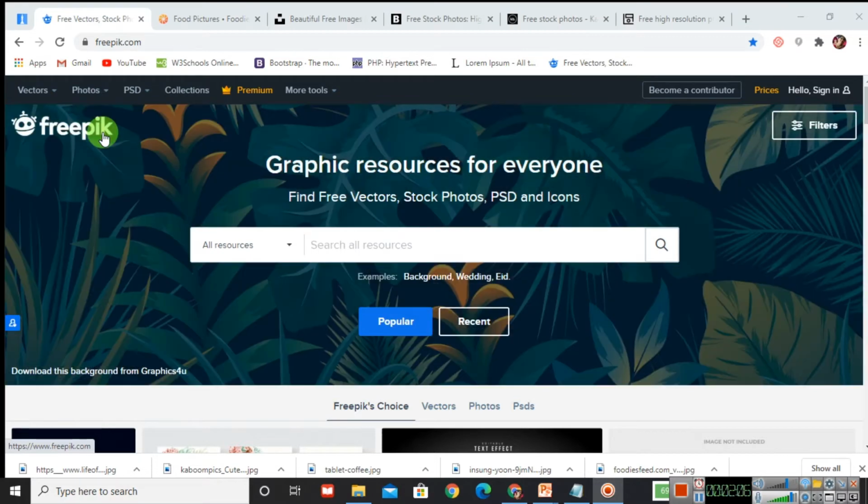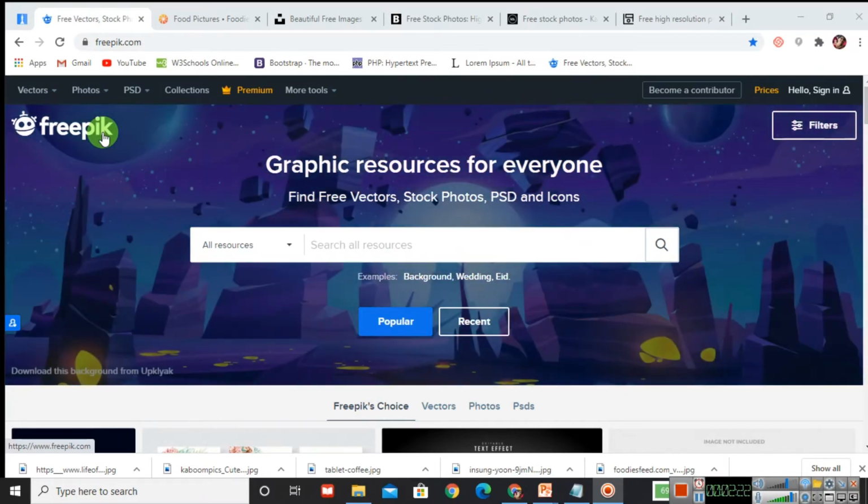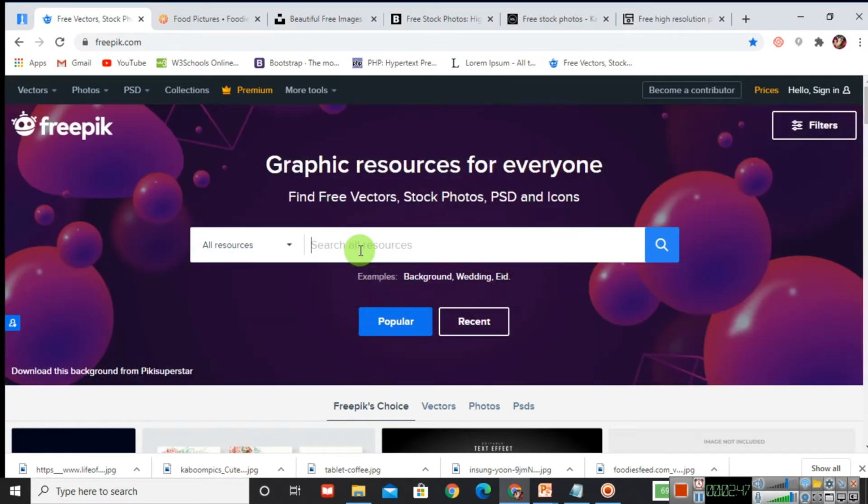This is one of the websites where you can download images, but you can download only 10 images per day. Trust me, this is one of the best image downloading websites where you get n number of images to download. Let me show you once. Here you have a search bar. You can type any image name. You can give any keyword here. I'll just give books and click on enter.